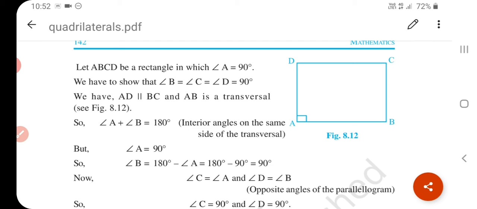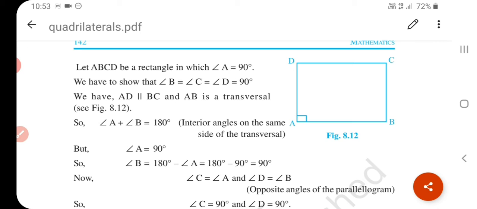And then we learn the additional property, that is the midpoint theorem. Okay, what is the midpoint theorem? It says that the line segment joining the midpoints of any two sides of a triangle is parallel to the third side and is equal to half of it. Okay, the line segment joining the midpoints of any two sides of a triangle is parallel to the third side and is equal to half of it. Okay, understand?